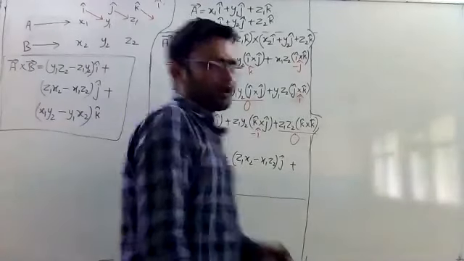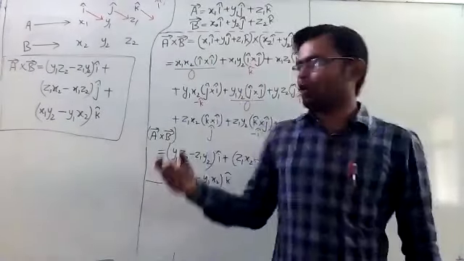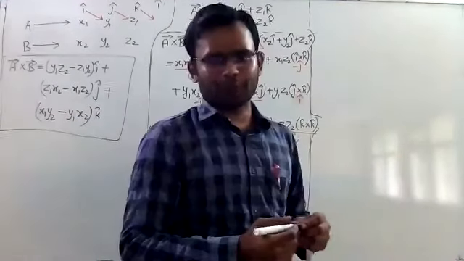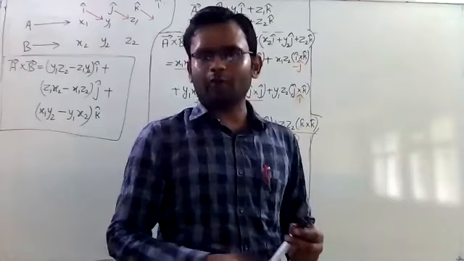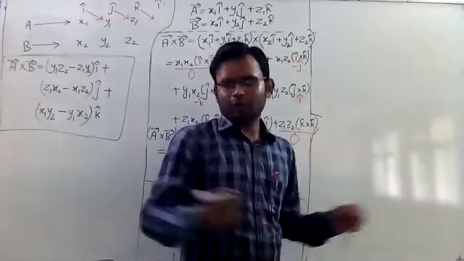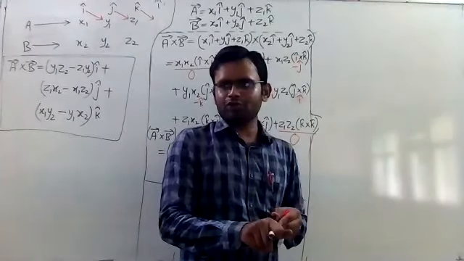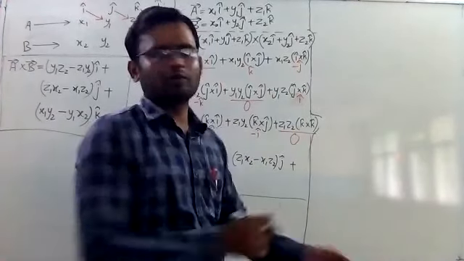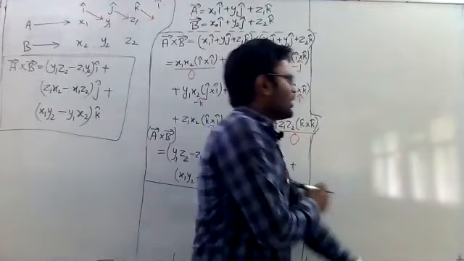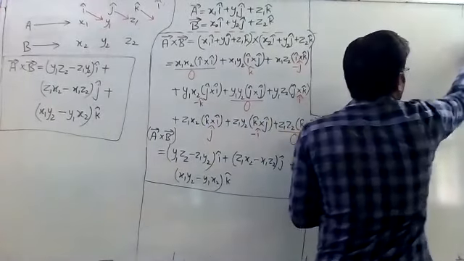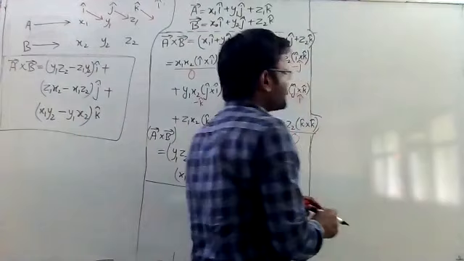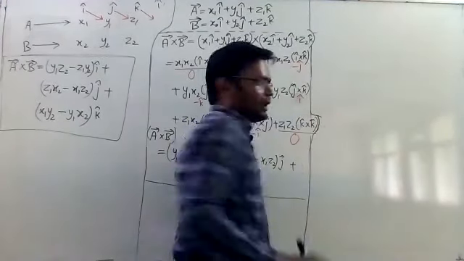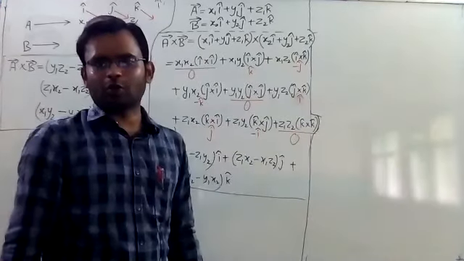Actually, the process which we are following to find the cross product of two vectors in a 3D coordinate system, you have already studied before. Do you remember in which topic, in which chapter you have studied this process? In class 10, or even before class 10, you have studied this method. There was a method in simultaneous linear equations, the cross multiplication method.